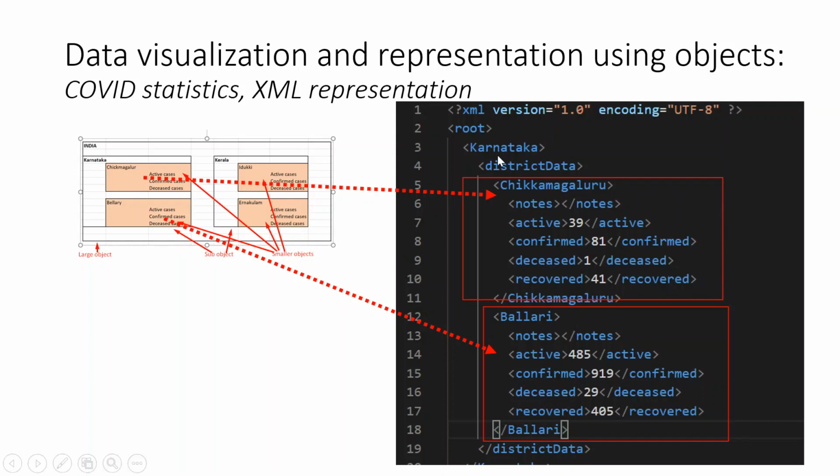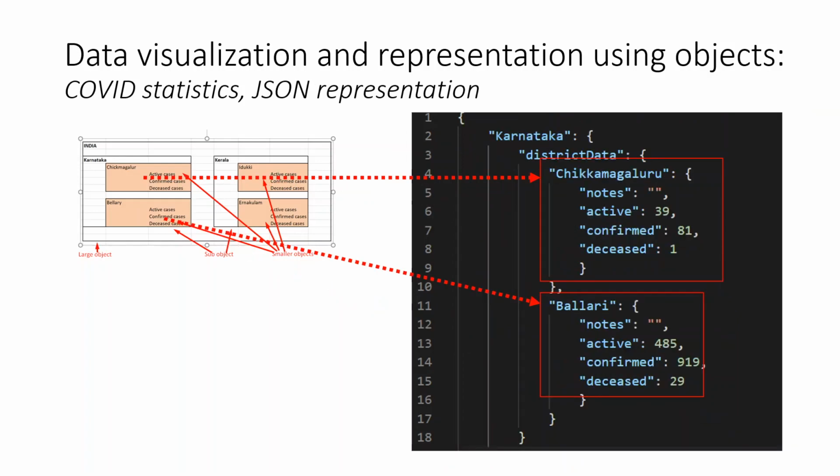One first for loop will be used to get the root, and inside that to get the states, and then inside that you go to the district data, and inside that you get Chikmagalur. That will be nice to do, and you will get a clear idea about how JSON or XML gets consumed by the program. As a programmer, we should understand the structure of this, and then write a program to consume that data. That is what we are going to do.